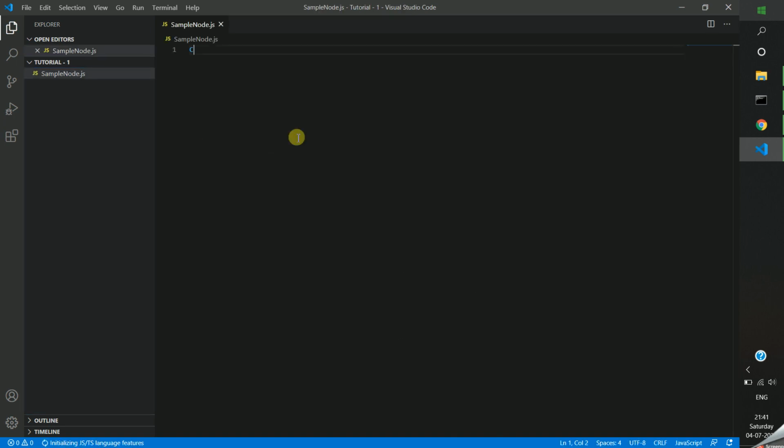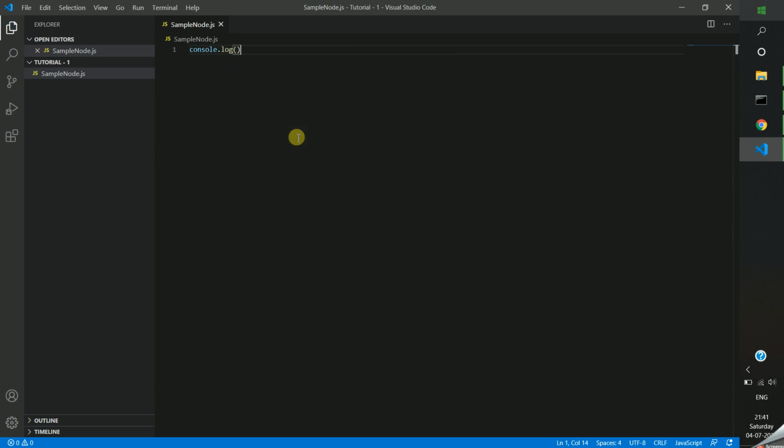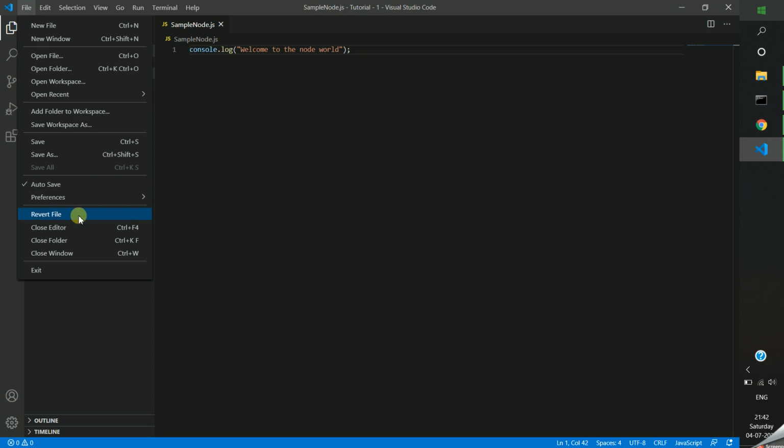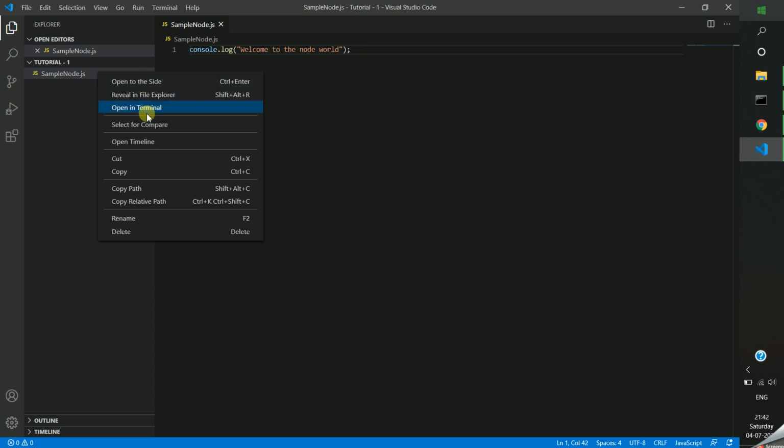I created the file. Just I am writing console.log, Welcome to the Node world. I kept auto save on, so it automatically saved to the file. Then we have to open our terminal.